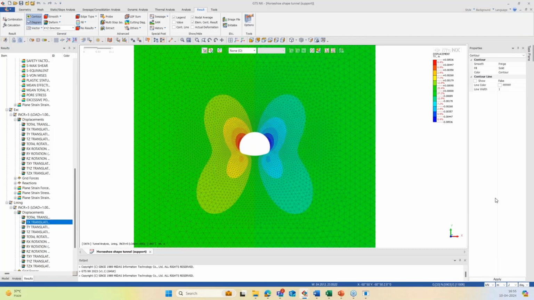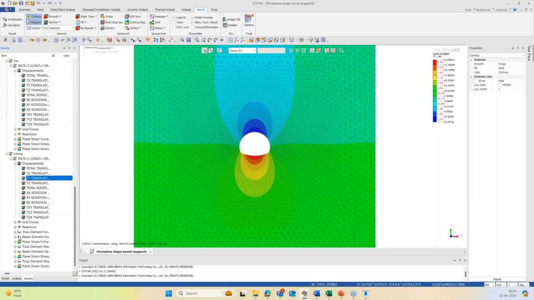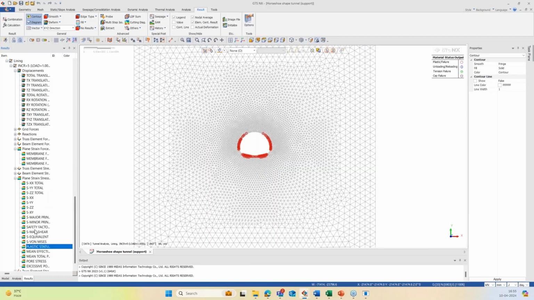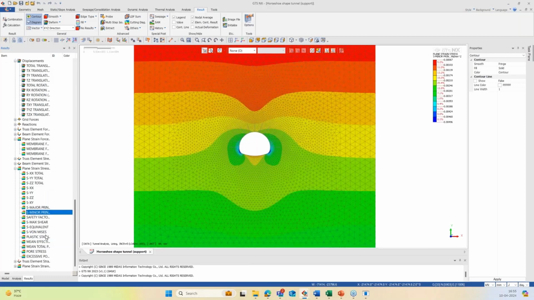So if you change it, these are the x and y. So these are the displacement in the x direction and the y direction. Okay. Now the other things are the plasticity. If you want to check the plasticity, these are the plasticity, these are the major stresses, these are the minor stresses, and